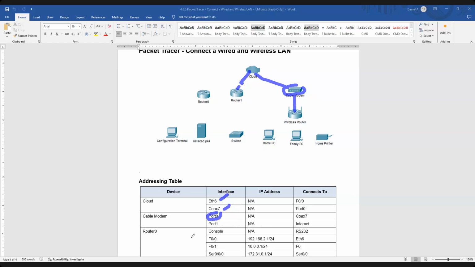Then our router, we have a console cable, right? And of course our router has port 01 and port 02, and of course router 0, this one, right? And this router 0 has a console that is connected to this machine, and of course our router is connected to this server, right? And our router is connected to router 1, so one connection. Like here, our switch is connected to router 1, right? And finally,